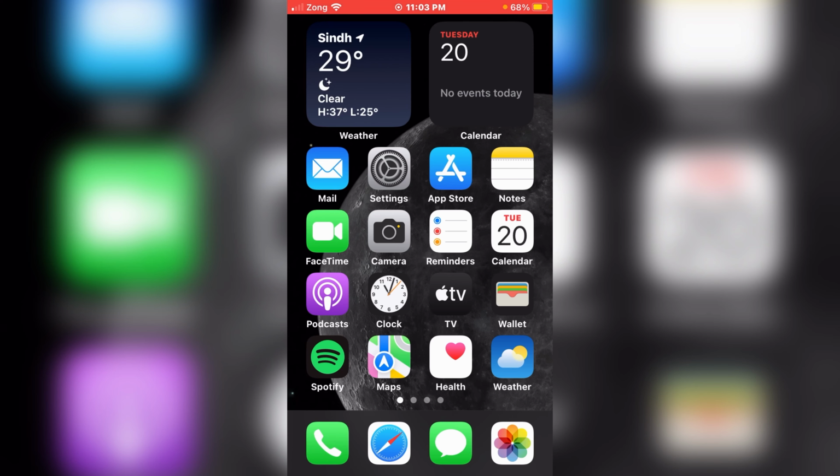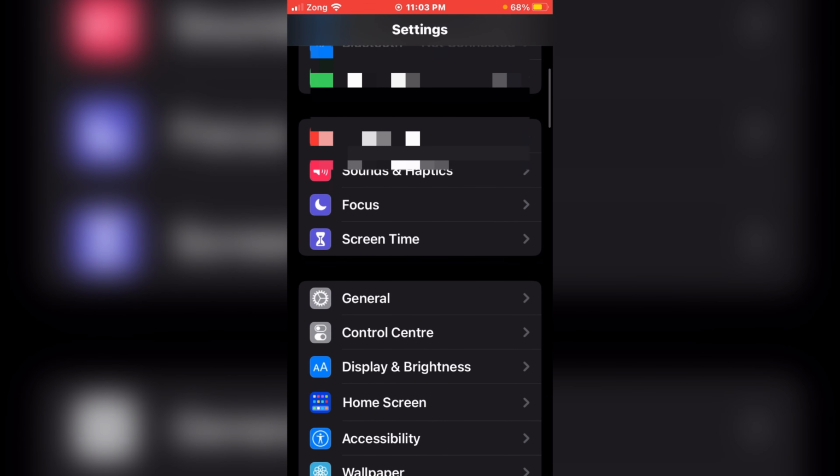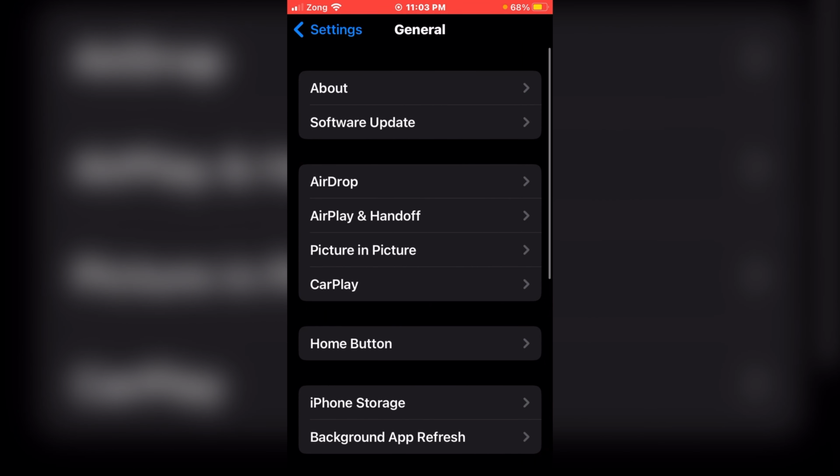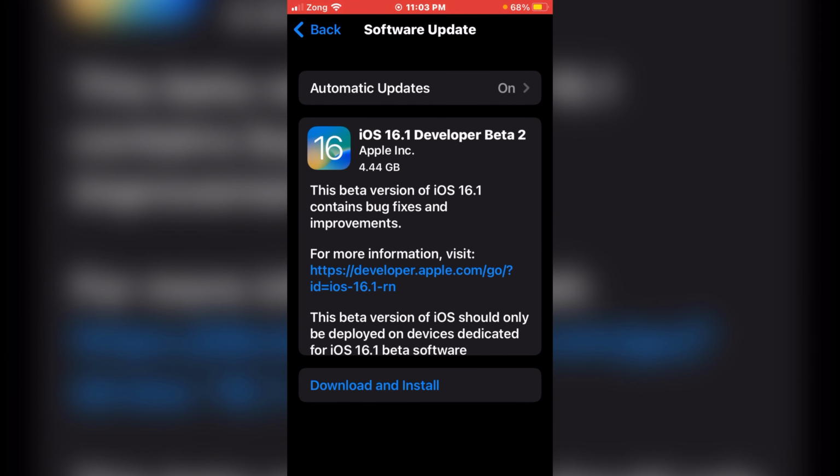So let's get started. Firstly, tap on your settings, scroll up, tap on general, tap on software update. As appears on screen, you can see iOS 16.1 Developer Beta 2 is available for download and install. But if you cannot get this notification on your devices, then go back,